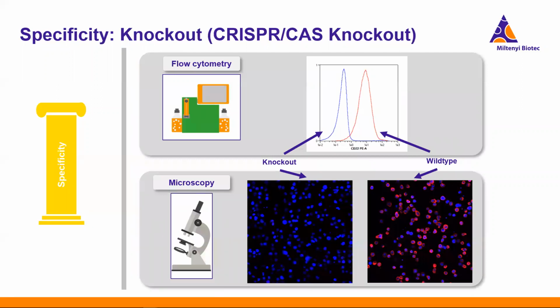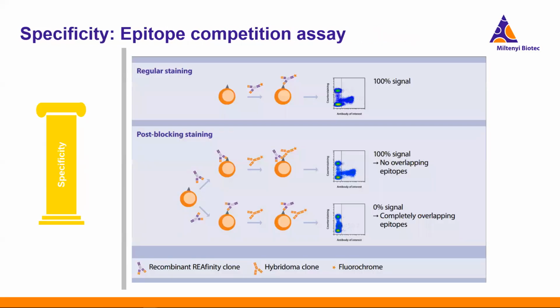So the antibodies are considered to bind specifically to the intended epitope if no antibody binding is detected on the knockout cell line. So for flow, we've generated this histogram, and we can see a positive peak for our wild type and a negative peak or no staining in our knockout line. And the same cells are analyzed by microscopy below. So you're seeing the signal only in the wild type cell line.